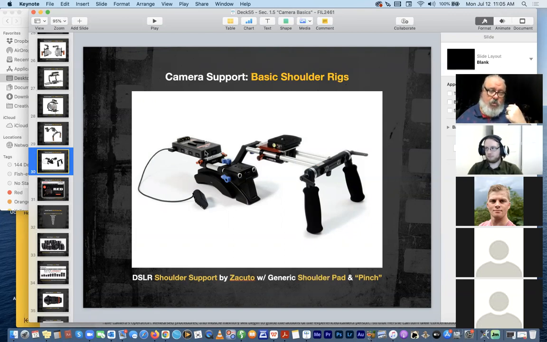You might have an external monitor that you want to power up. You might have, gosh, a wireless video transceiver that you need to power up, things of that nature. And you can run them all out on their own individual batteries, which then becomes a bit of a chore